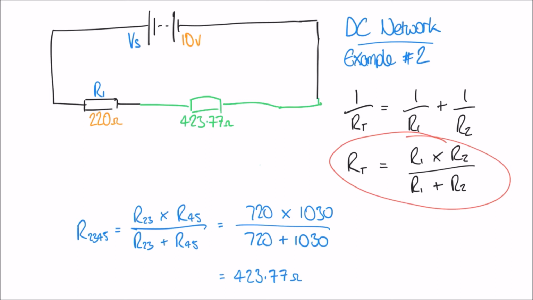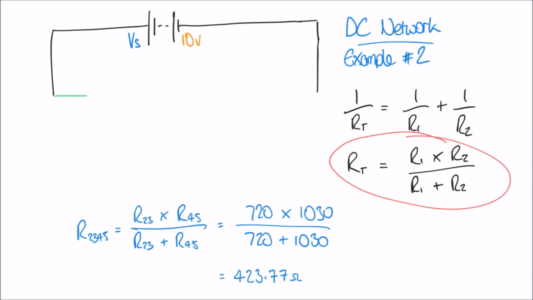We've got R1, which we haven't really touched yet. It's that 220 ohm resistor on the left there. And now we've got R2345, all four of those resistors combined into one. So the last thing I can do is add those two resistances together. We can remove all of this, and say finally that our total resistance, which I'll call RT, is